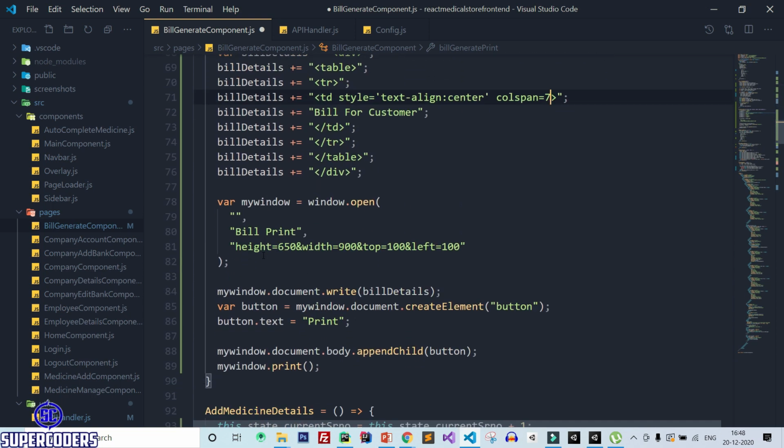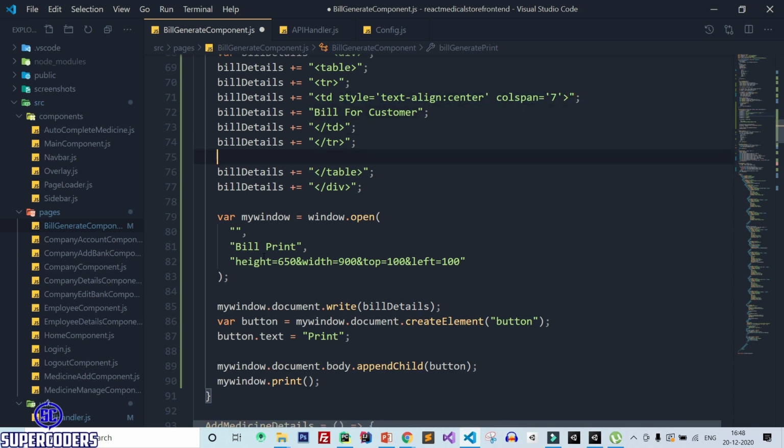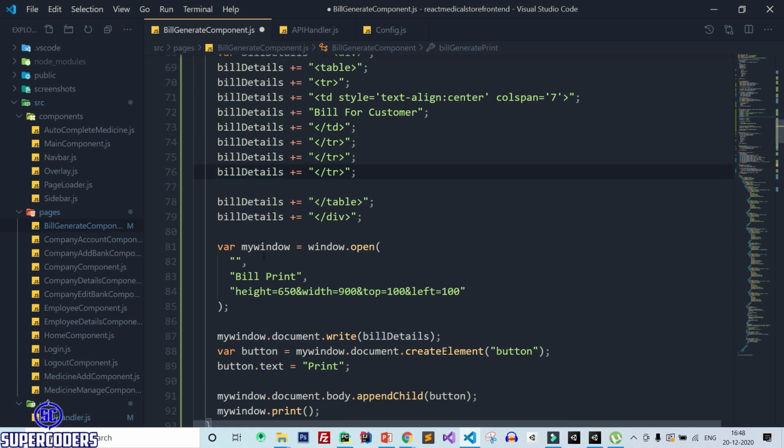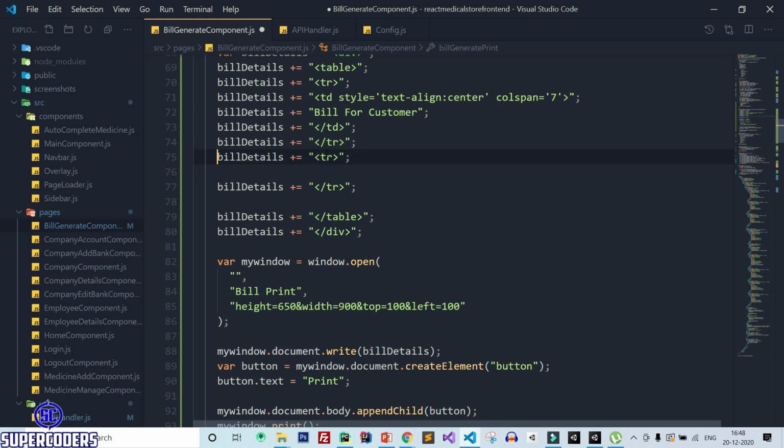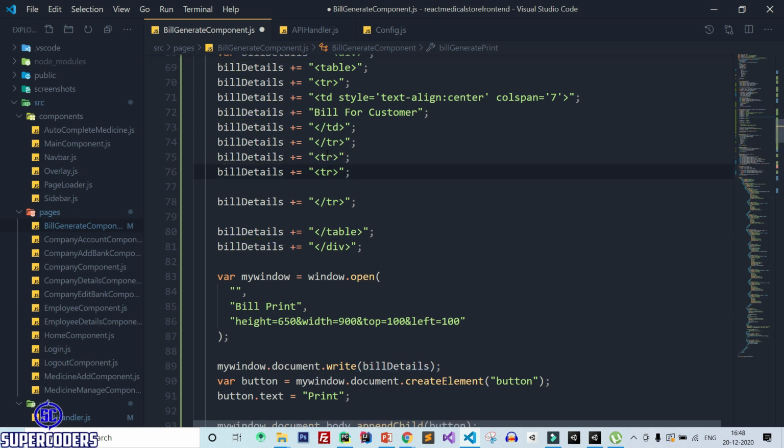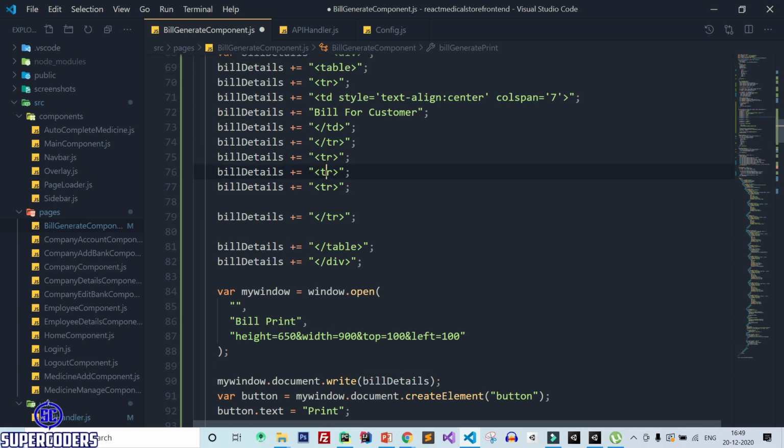So 7 column. After that, let's again create a TR. Now here adding TD.